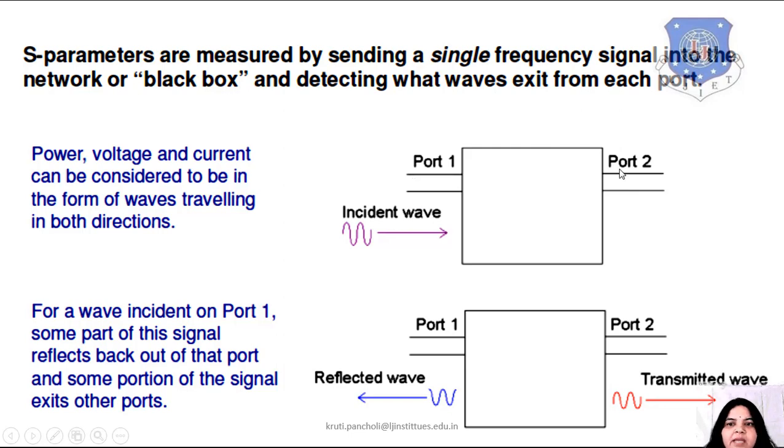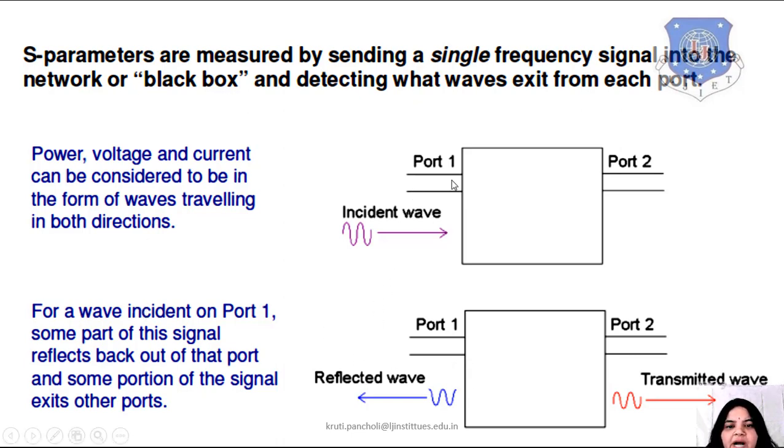So this is my port 1, this is my port 2. This is the incident wave from port 1, and this is the reflected wave. When you are transmitting from port 1, you should not have anything back onto port number 1. But as we know, if there is a mismatch in the impedance, the wave must come back to that port. So here we need to do all the analysis by using the parameters, which are referred to as S parameters.